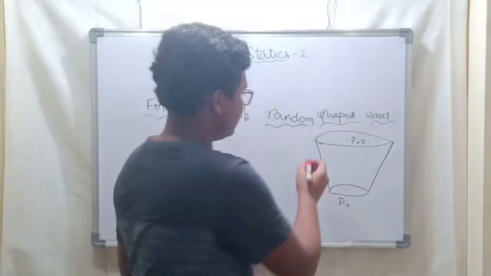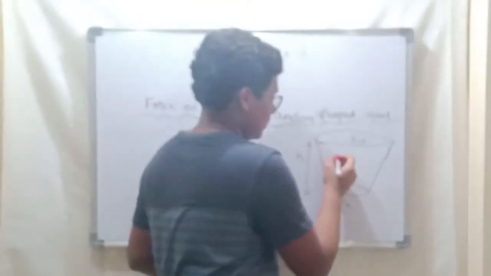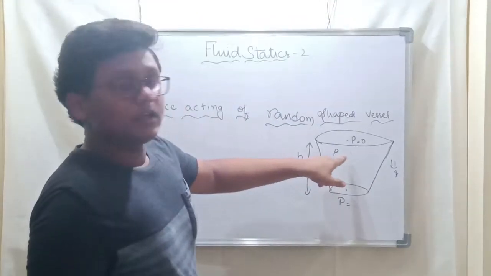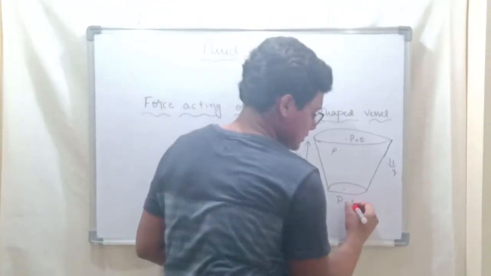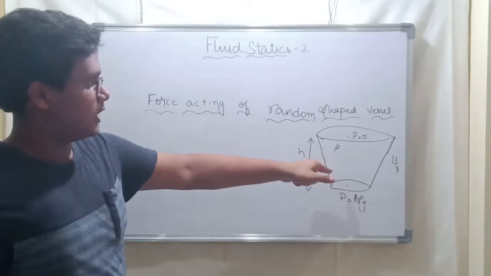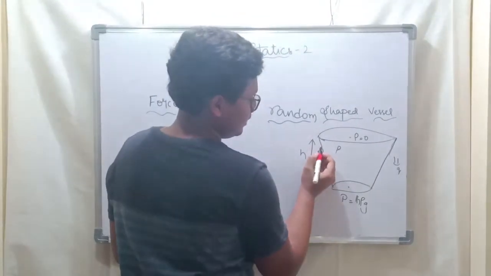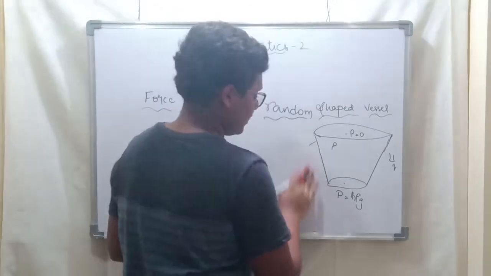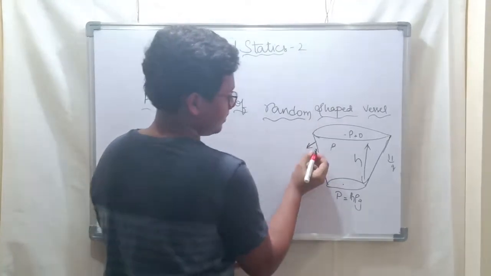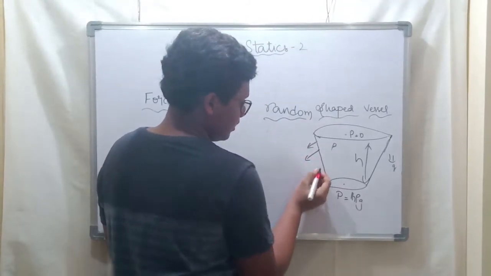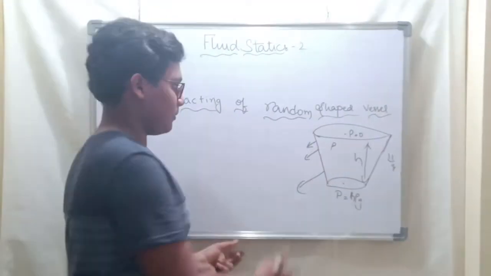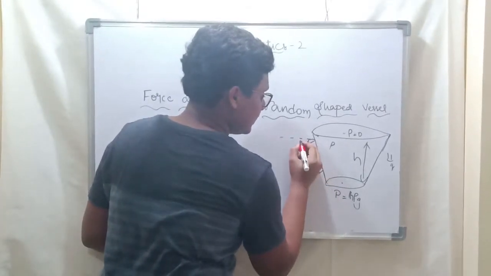We know that if this is of height h, and rho g is acting downwards, where rho is the density of the liquid, then P at this point is h rho g. Now here we will take the height, and the normal force is acting in this direction, like that. At the bottom the normal force will be greater. Here, if you take this as theta,